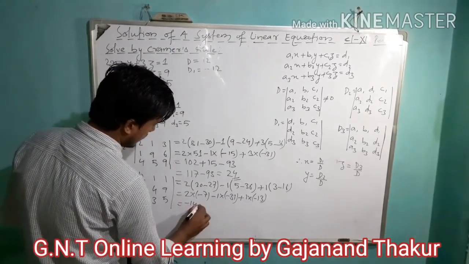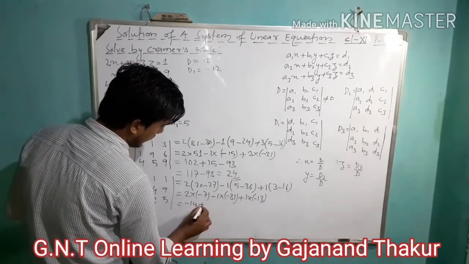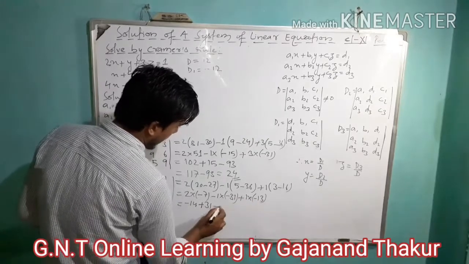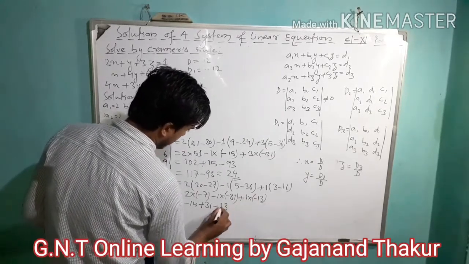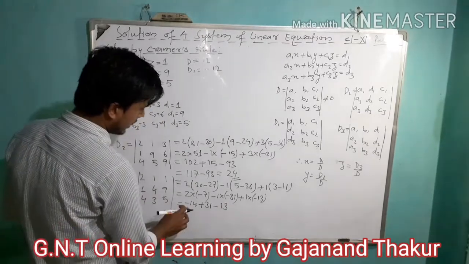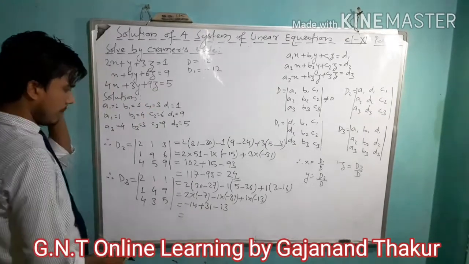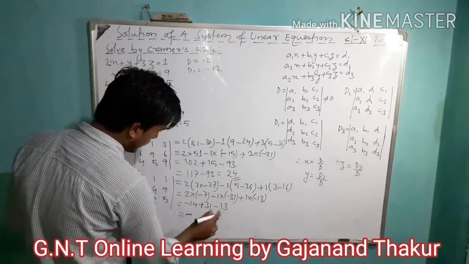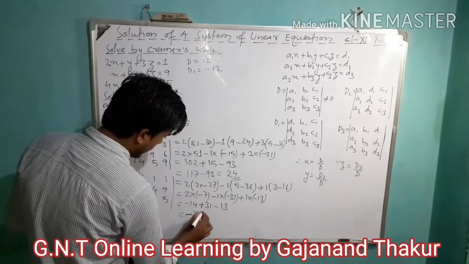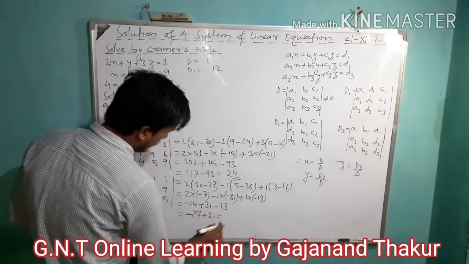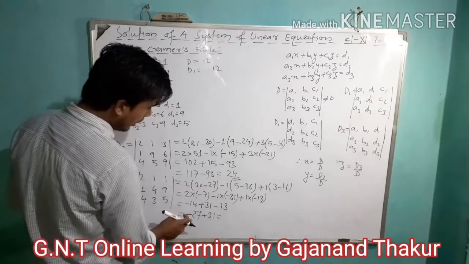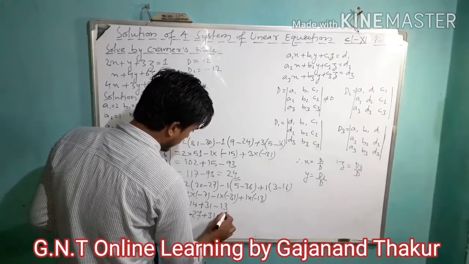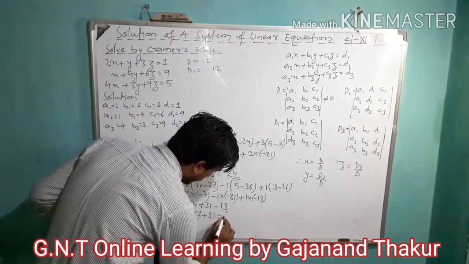Minus 14. Minus into minus will be plus. 1 into 31 will be 31. Right. Plus into minus will be minus. 1 into 13 will be 13. Right. Now we got here minus 14 and minus 13. So minus minus sign will be minus and the numbers will be added. So 14 plus 13 will be how much? 27, right? Plus 31 equals how much will we get here? Minus plus will be minus. So 31 minus 27 will be 4, right? So we got the value, that is 4.